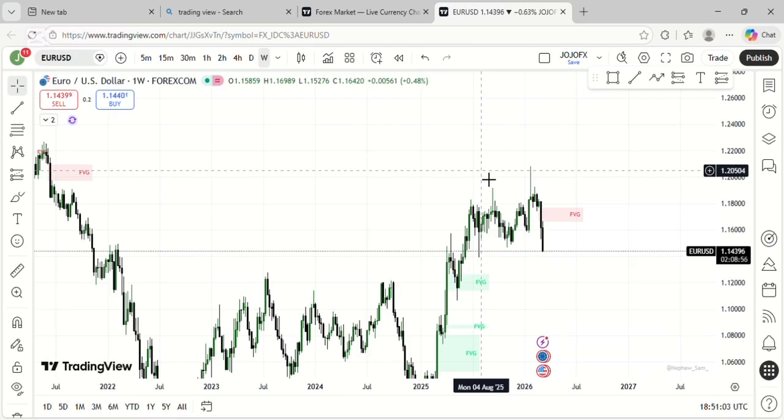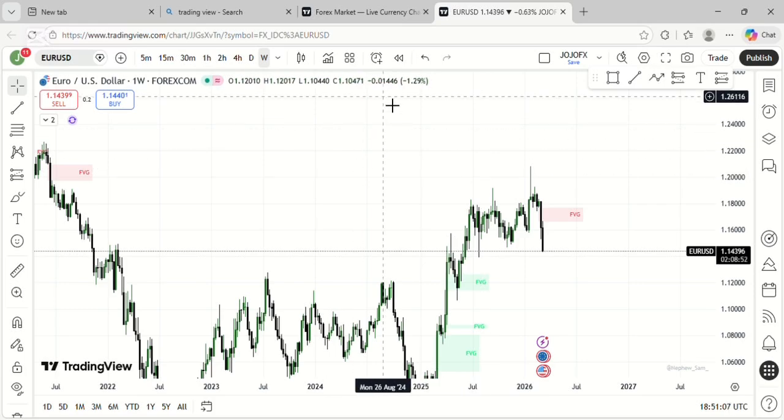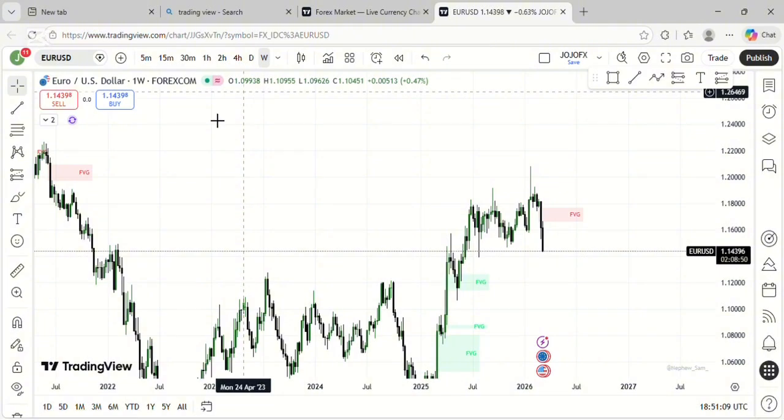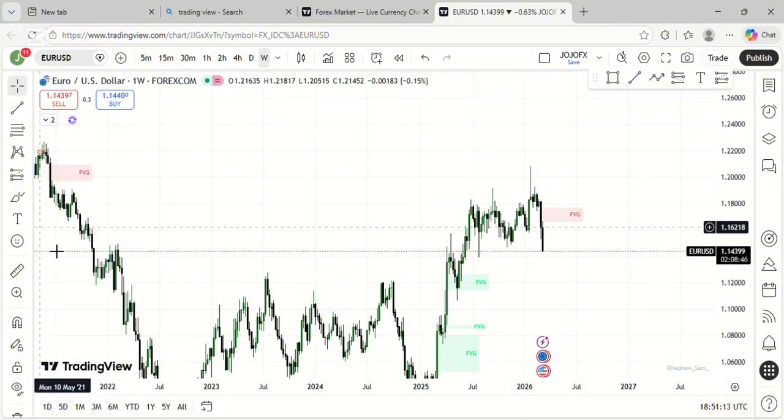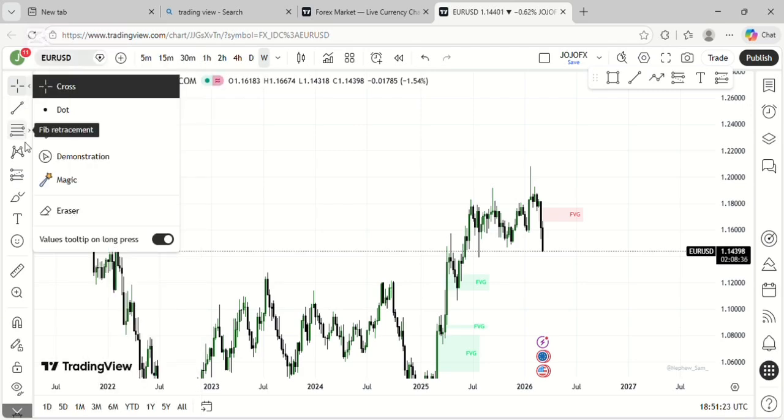So as we all know, EURUSD and GBPUSD have been selling for quite some time, and the reason why it's selling is because it's coming from a weekly time frame